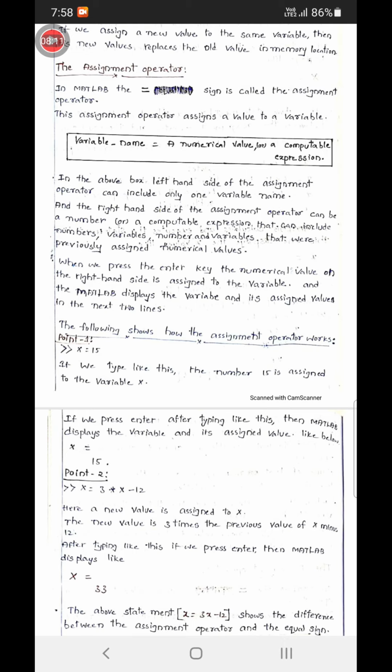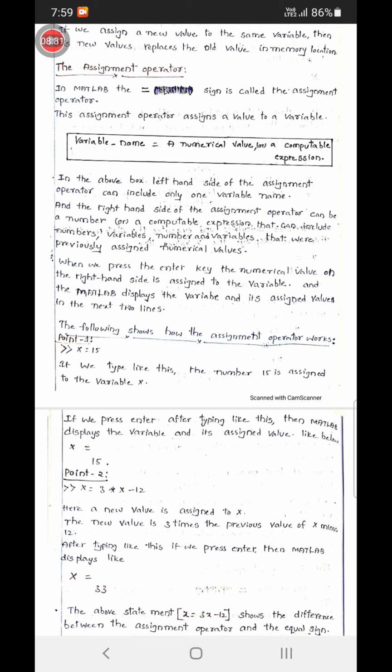And then see the next point. When we press the enter key, the numerical value on the right hand side is assigned to the variable, and MATLAB displays the variable and its assigned value in the next two lines.